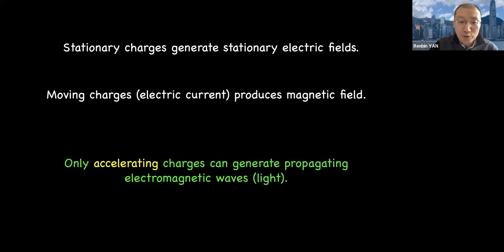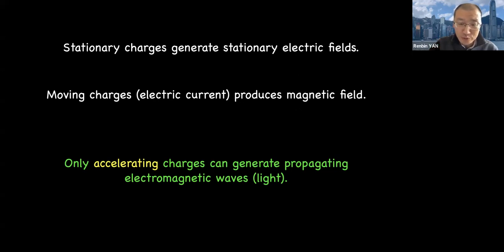Moving charge can produce a magnetic field. In high school, you may have learned that an electric current in a wire will generate a magnetic field around it. So moving charges produce magnetic fields. But we produce electromagnetic waves when we have a charge that is being accelerated. When you are accelerating a charge, not simply moving at a constant speed, which just generates a magnetic field,